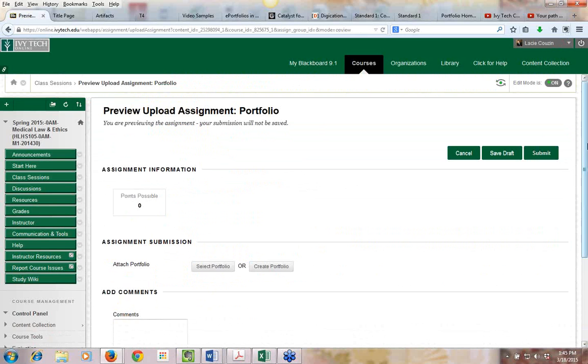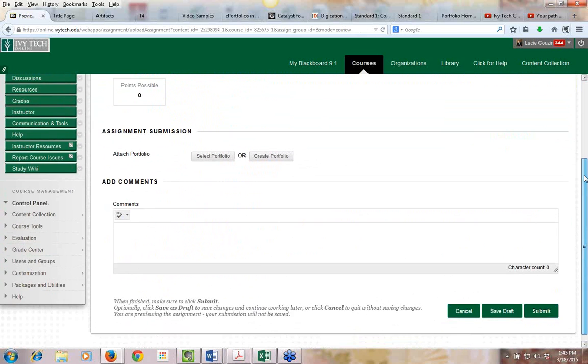So there's that assignment link. It's just like any other assignment link, and they can select their portfolio. We're hoping that they're not creating their portfolio at this one time because hopefully they put some time into that. But they can select a portfolio. Since I'm an instructor here, it won't work. But by clicking that select portfolio, it would bring up my page of portfolios and let me choose and then